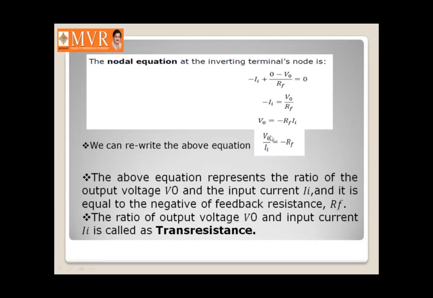So this results in the current to voltage converter acting as a transresistance amplifier, since it is the ratio of output voltage to the input current. The negative sign indicates that there is a 180 degrees phase shift between input and output. So the V to I converter acts as a transconductance amplifier, and the I to V converter acts as a transresistance amplifier.